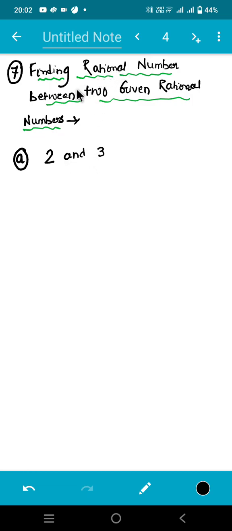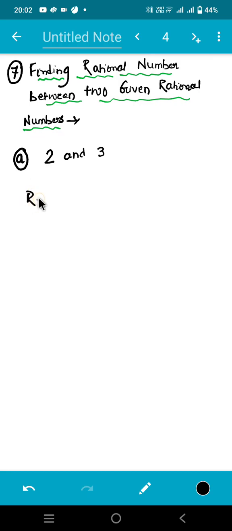Okay, so in the next class I will teach you how to find more than one rational number in between two given rational numbers. So in today's class we will only learn how to find one rational number between two given rational numbers. So suppose these two rational numbers, you have to first of all find only one rational number between these two. So what you have to do is that